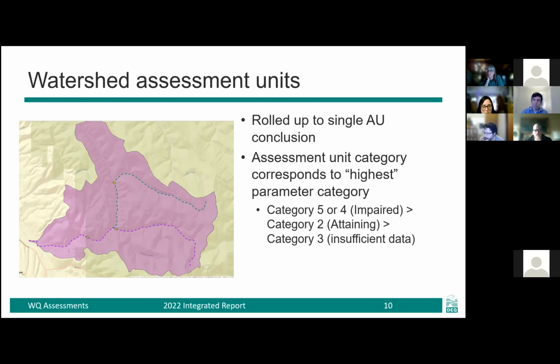I'm sorry, I couldn't really make out the full question. There's a little bit of static. Is the question whether, if you're working on a stream that's in a watershed unit that's considered impaired but doesn't have any data on it, we would consider that one to be impaired? Yeah, we would not consider that one to be impaired. Only where we have data on the stream that shows impairment would we consider it to be impaired. Okay.